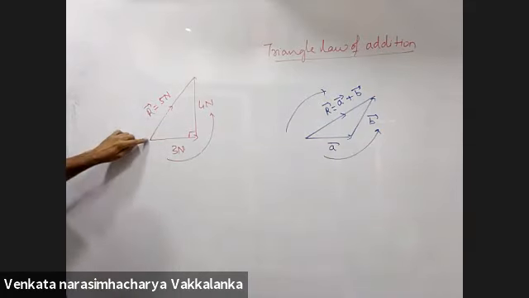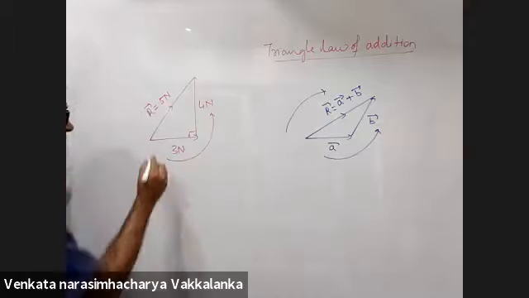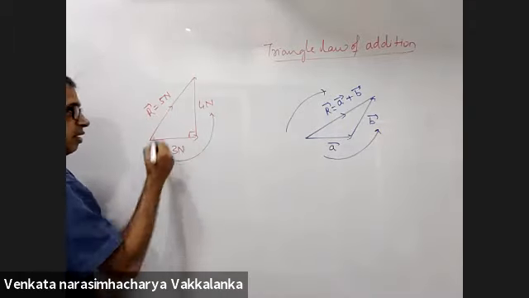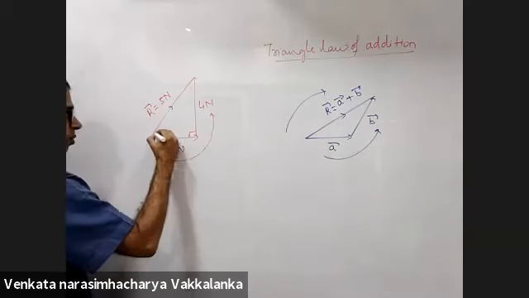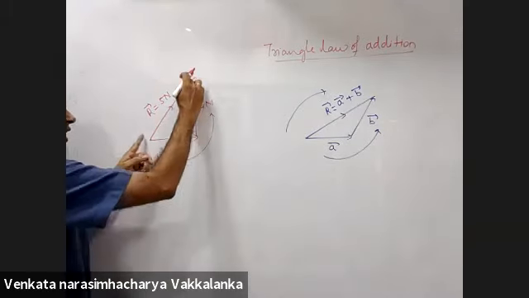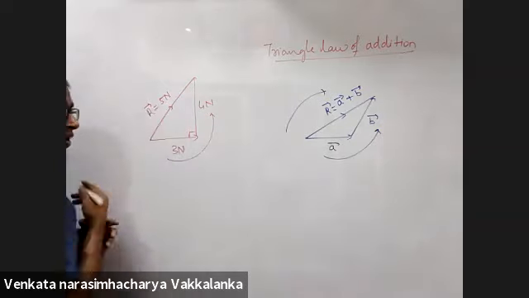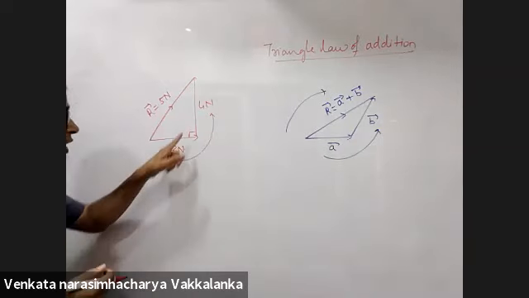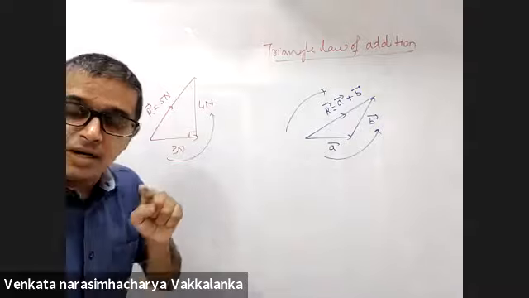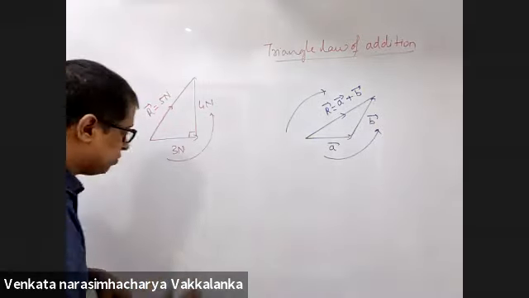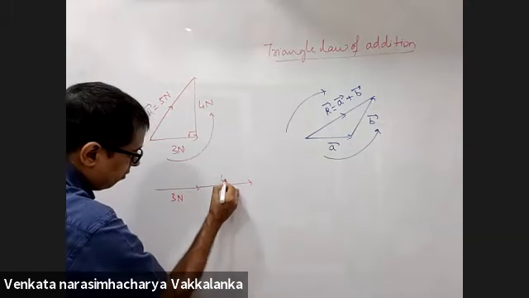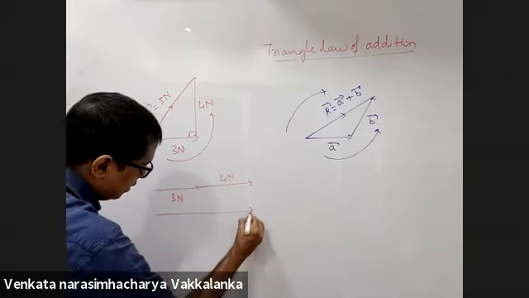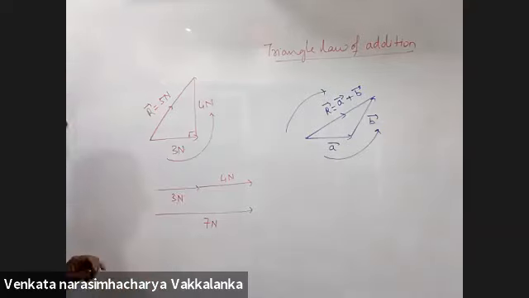The third side of the triangle measured will turn out to be 5. This is a right angle triangle. By Pythagoras theorem, this length will be 5. So this will be the direction of the resultant. And the magnitude of the resultant is 5. So 3 Newton plus 4 Newton is not 7 Newton always. But if you give me 3 Newton this way and 4 Newton this way, the resultant will be 7 Newton.